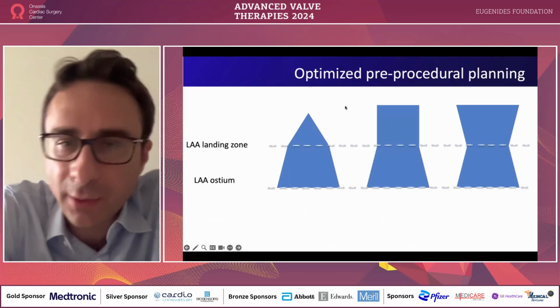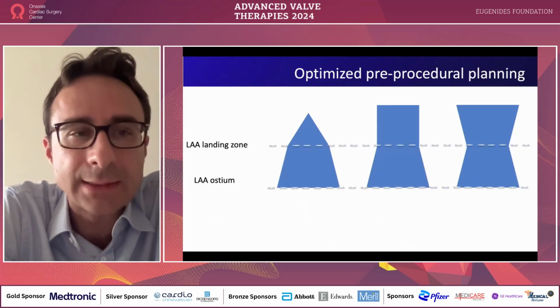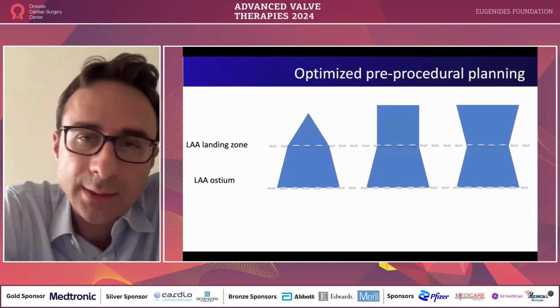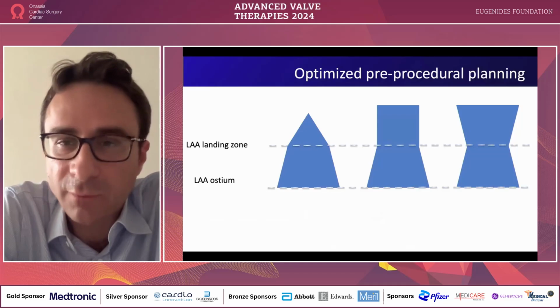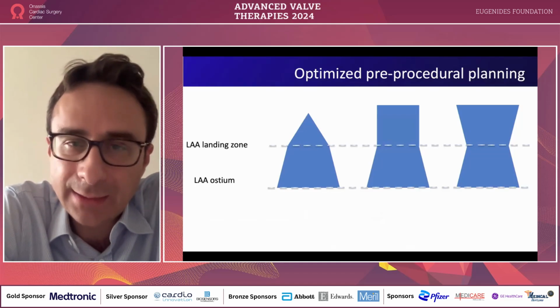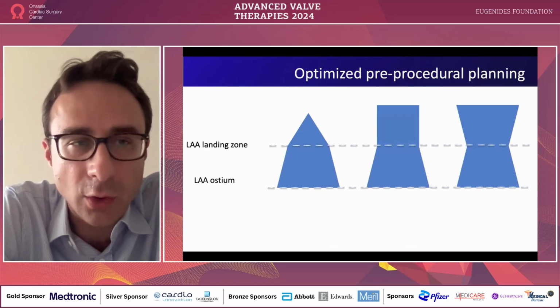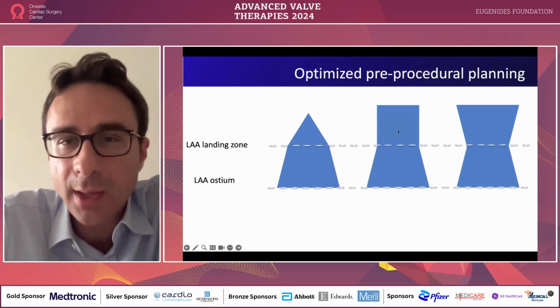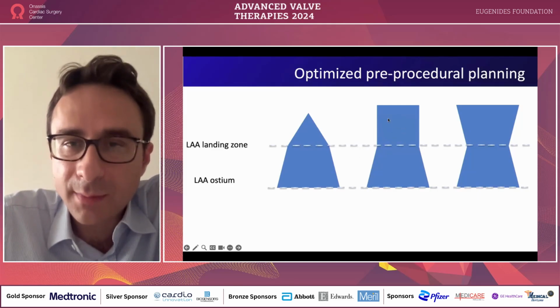And I'm not a big fan of just taking measurements at the landing zone and at the anatomical ostium. These are three different illustrations of potential cases with which we may deal, in which we have the exact dimensions for the LAAO ostium and the LAAO landing zone, but three completely different shapes. If we take the one in the middle, that probably may be applied to most of the anatomy with which we deal, and we select, for example, an Amulet 25 millimeter for this